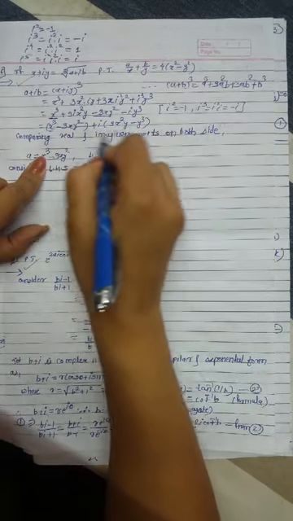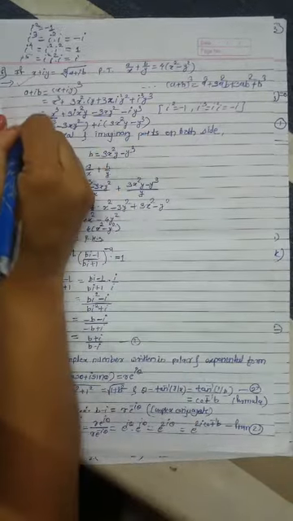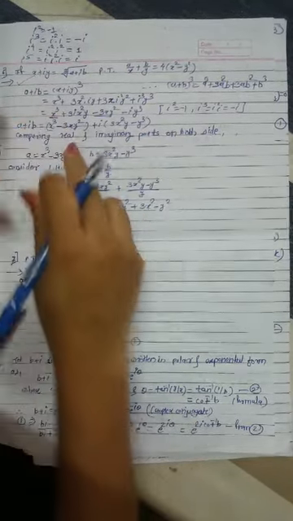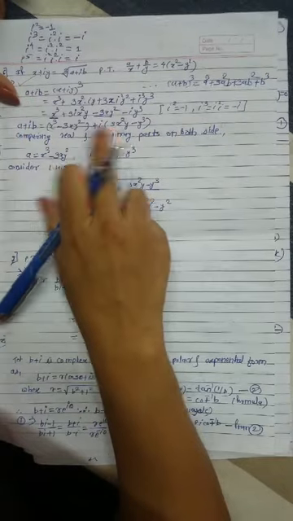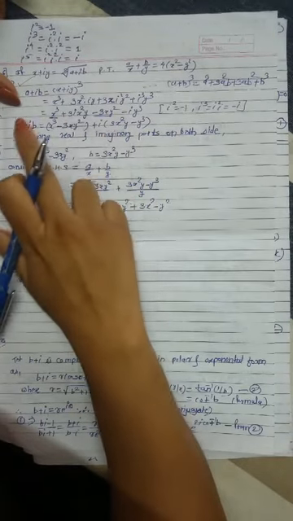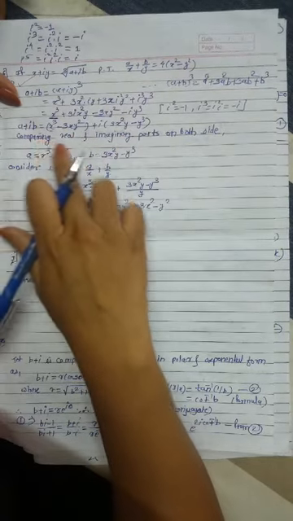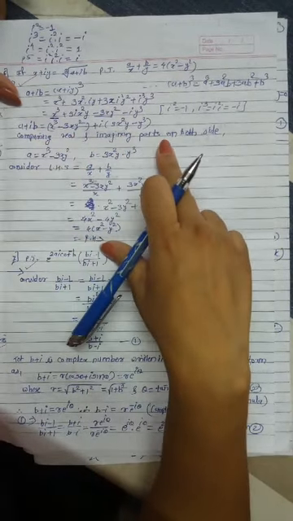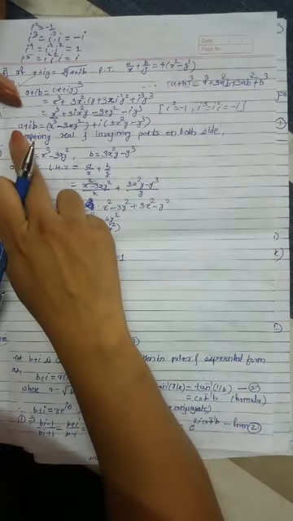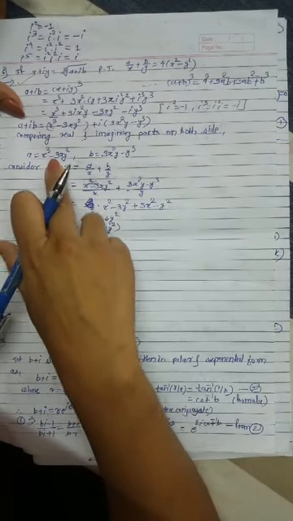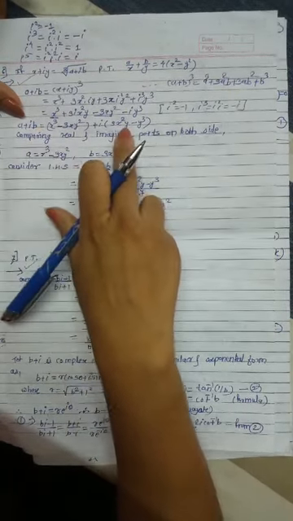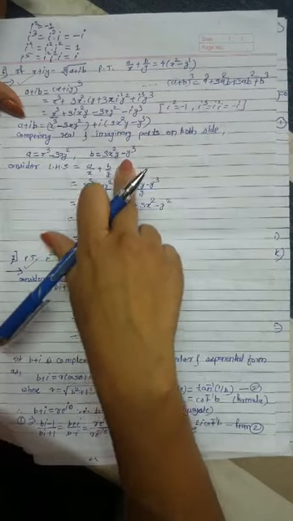Okay, this is one complex number, and the LHS side is a plus ib, another complex number. Two complex numbers are equal when their corresponding real part and imaginary part are equal. Therefore, comparing the real and imaginary parts on both sides, we get a is equal to this term and b is equal to the i coefficient of this term.